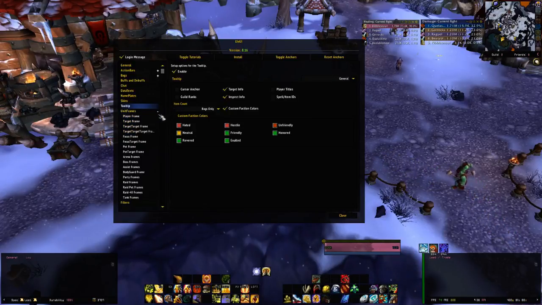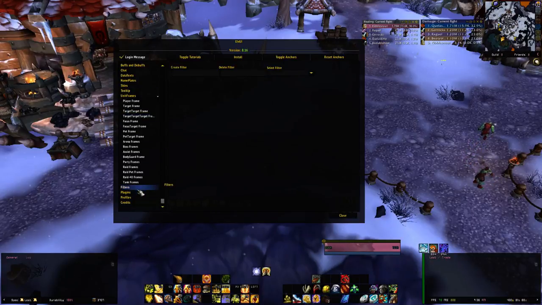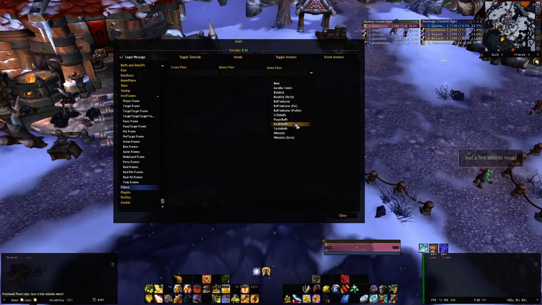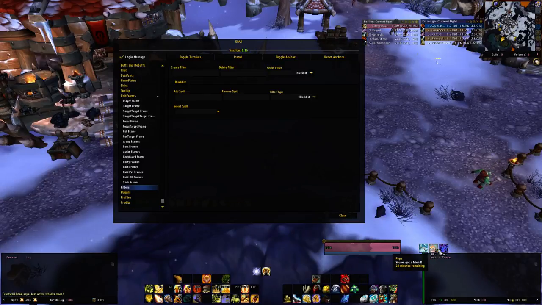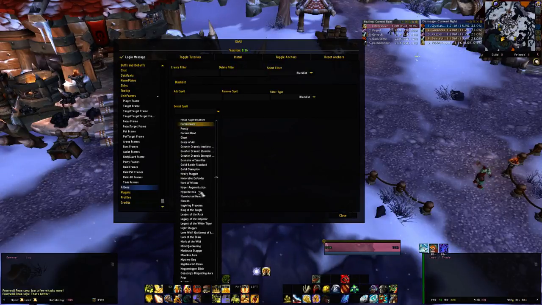Unit frames is where things actually get complicated. Filters. Say you don't want to see the Pepe buff, ever. You just select filter, type in Pepe, and add it. Or you can select from various ones that they already have, so that you don't have to